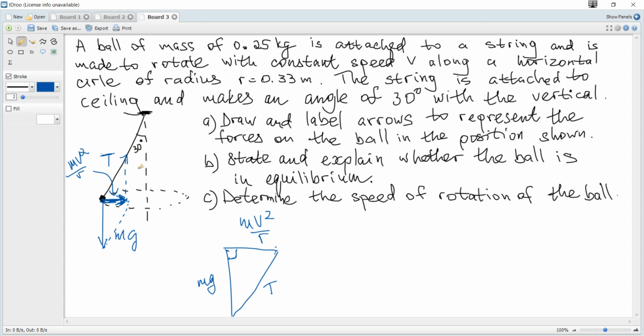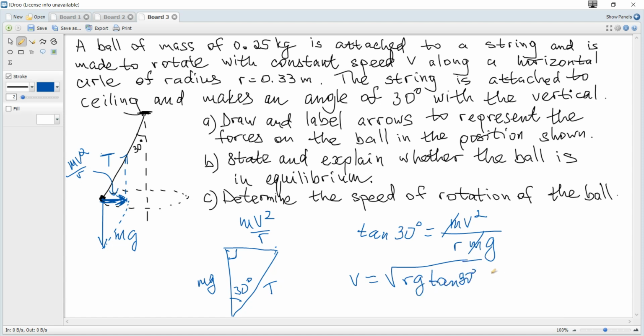And we can see that 30 degrees is here and also 30 is here, and to connect any two values in this triangle, we can use sine, cosine, or tangent. And since we need v, we can consider tangent of 30 degrees, opposite leg over adjacent, so it becomes mv squared over r over mg, m cancels, and hence we get that v is square root of rg tangent of 30 degrees, and it can be easily calculated, and finally it's 1.4 meters per second. Another way to solve this problem,